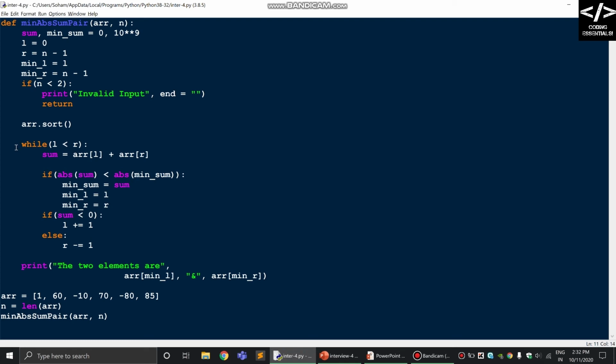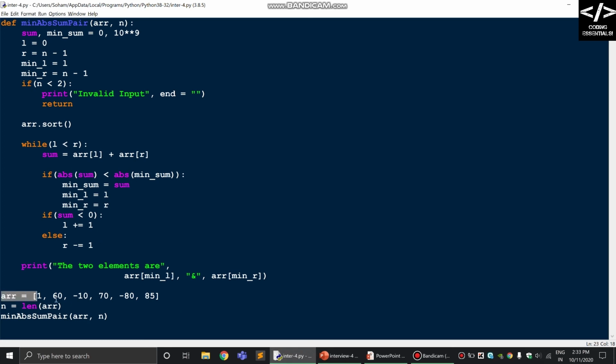Now while L is less than R, sum equals array of L plus array of R, and if the absolute sum is less than the absolute minimum sum, then we change the minimum sum to sum, and the minimum left index and minimum right index to L and R. If sum is less than 0, then we increment the left index, and if it is greater than 0, we decrement the right index. So this was the simple algorithm, but you should know the algorithm.